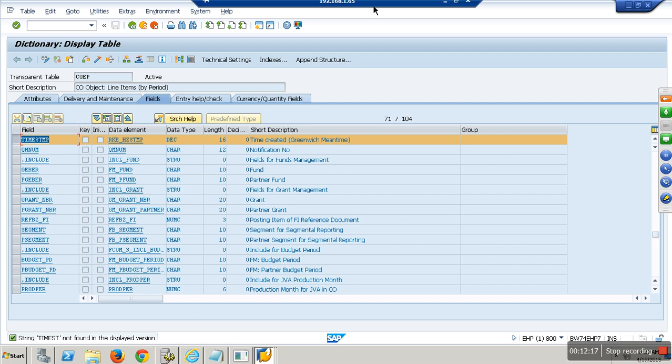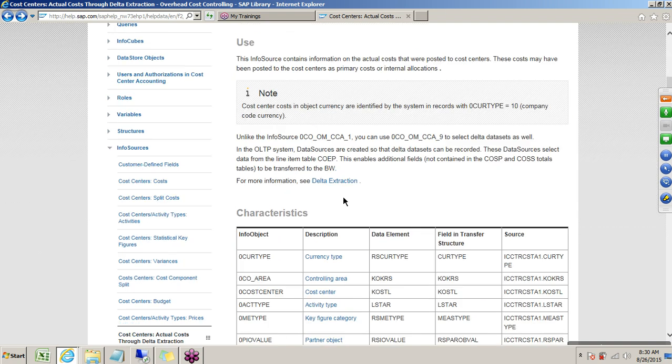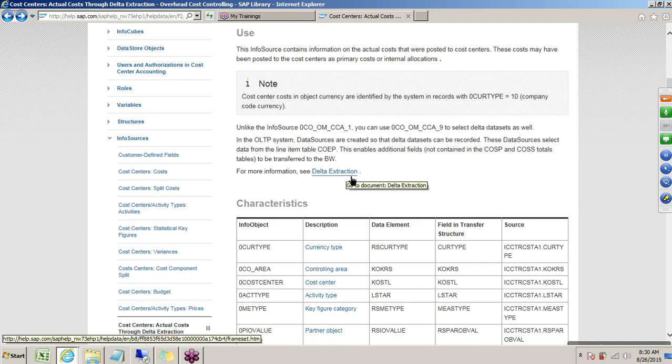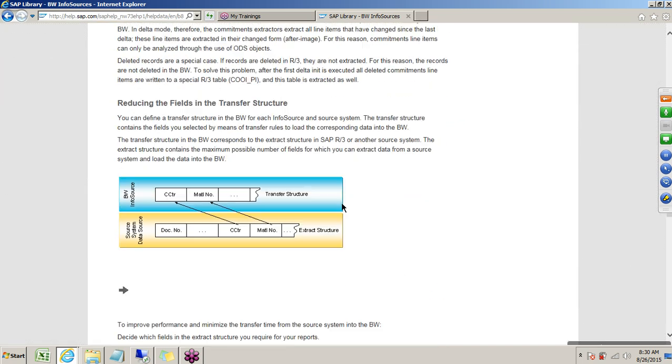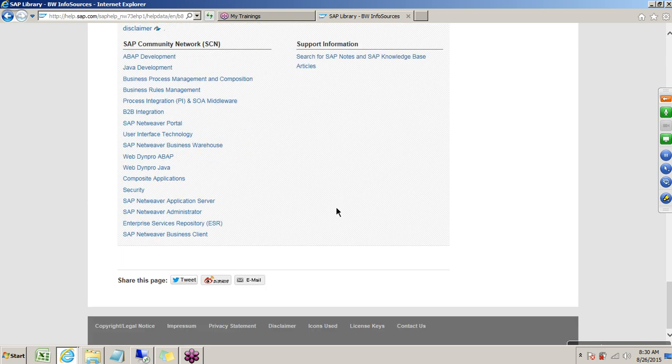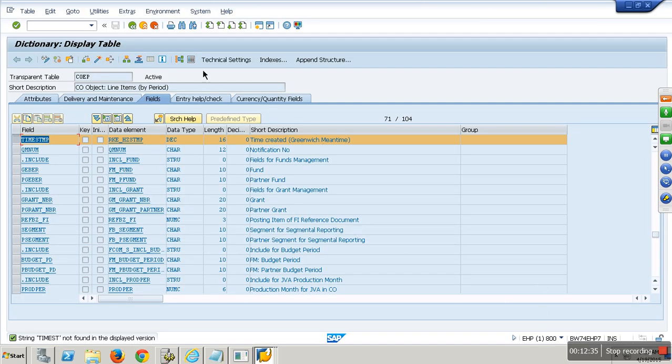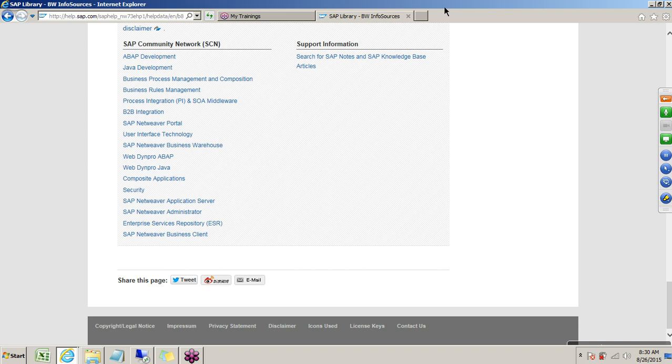So when you go through the documentation, you will exactly understand what a delta mechanism is and how it is working out. Just read through this, it will tell you what's happening. And even for FI, AR, AP, GL, it's all timestamp. Yeah? If you see,